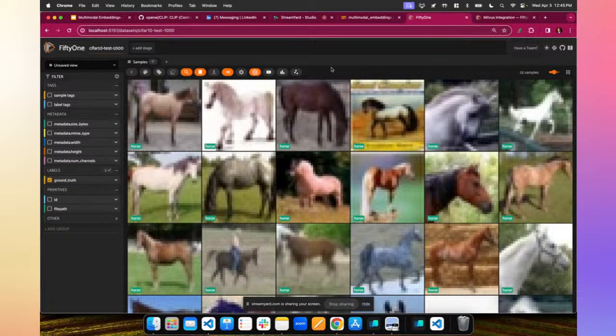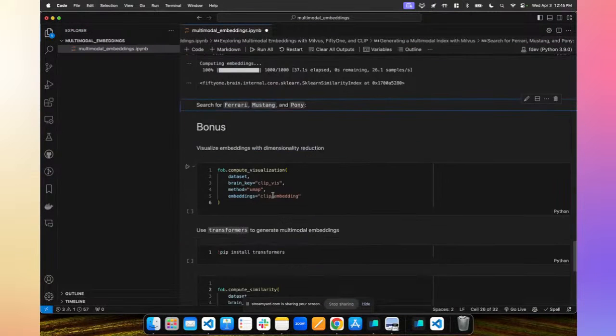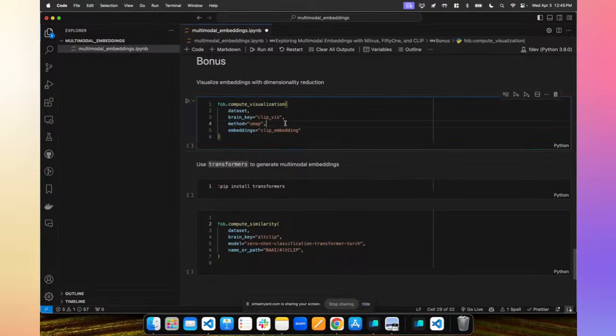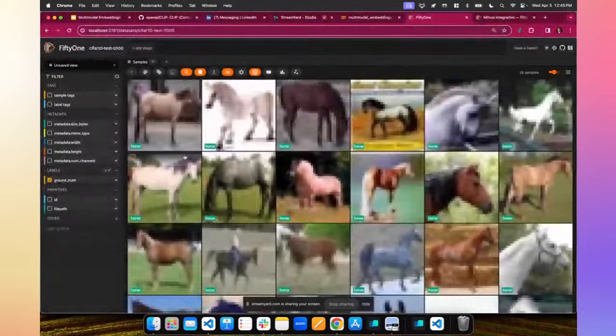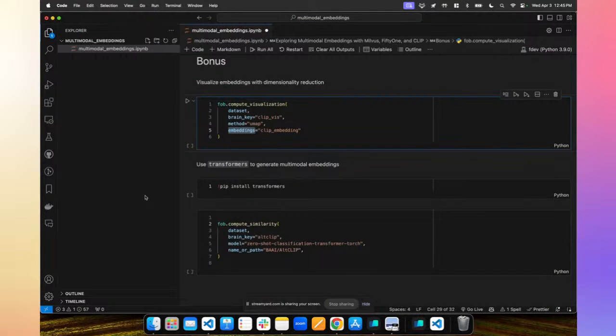So just got a few minutes left, so I'll just show you a couple more things that you might want to do. So we'll go back here, and now that we have these CLIP embeddings, before I stored the embeddings, and if you're following along in the notebook, you also stored the embeddings, and we can actually see them. They should be down here. So these vectors are on our data set, as well as in the vector database. But because we stored them, we can now use them for something else.